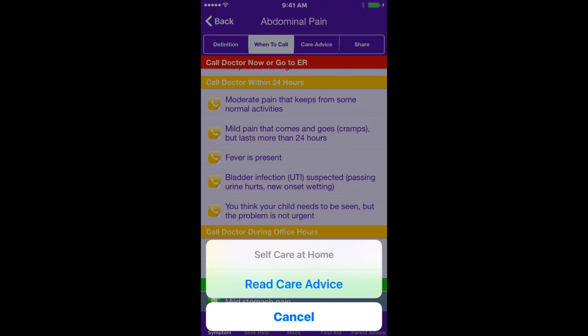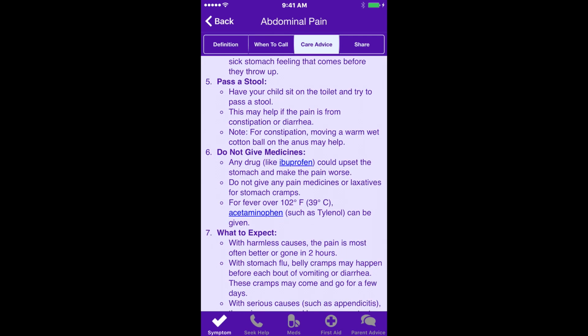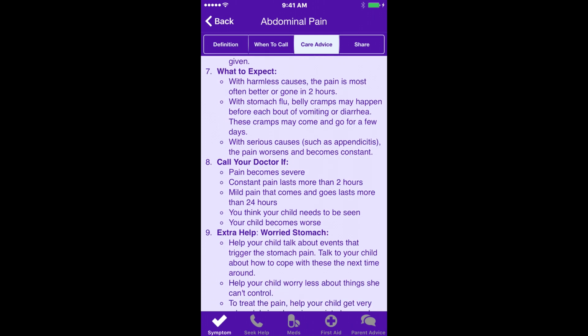This takes us to tab 3, which is care advice for stomach aches. This is detailed care advice. It's identical to the care advice given out by nurses in after-hours call centers. It's identical to the care advice given out in the American Academy of Pediatrics Pediatric Telephone Protocol book in offices. It's in many handouts. It's updated yearly. It's almost standard of care. It always ends in what to expect and a contingency plan about when to call your doctor if things go badly,